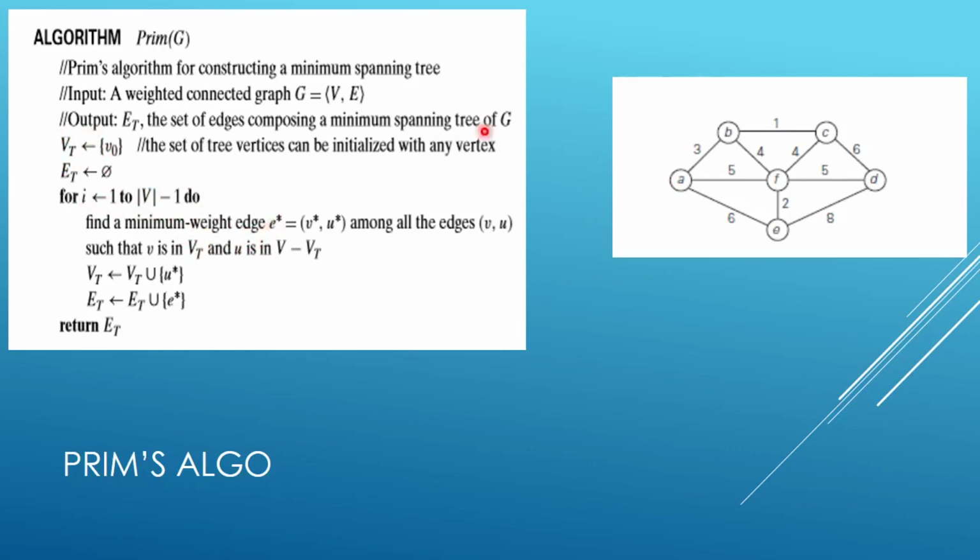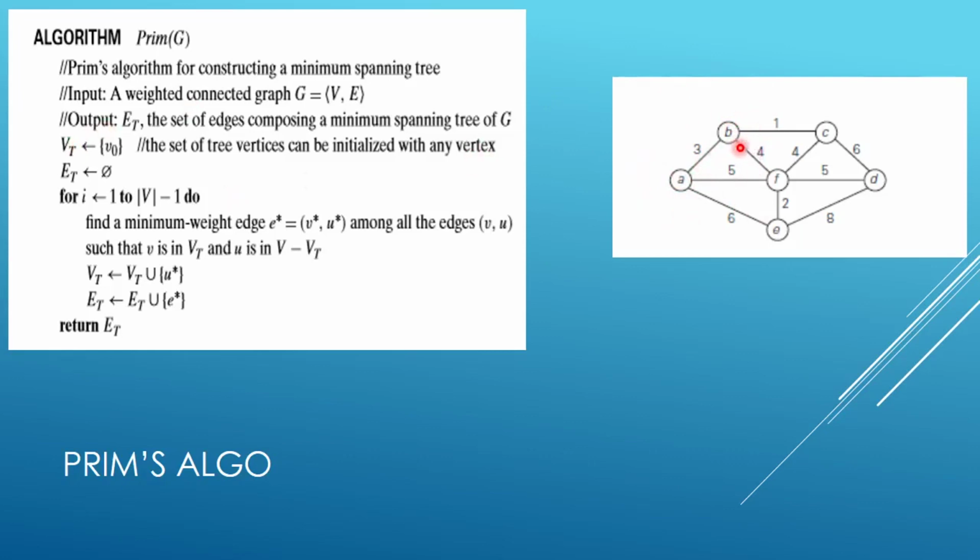Every time, using the vertices in the VT, you find a minimum weightage. Suppose A comma B are the vertices contained in VT. Find the adjacent vertices coming from A and B and find the minimum out of it. Suppose here VT contains A and B, then the edges leaving A and B are A to E, A to F, and A to B, which no need of considering because A and B are in VT.